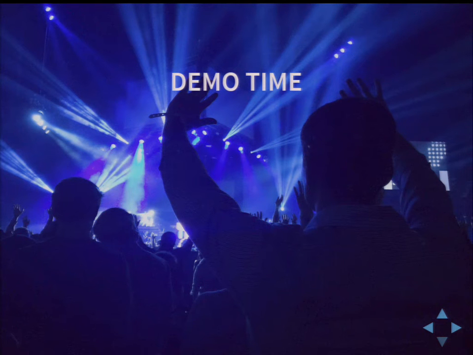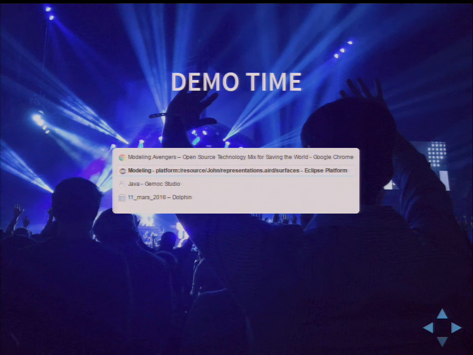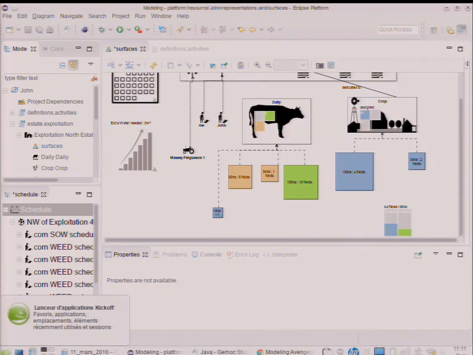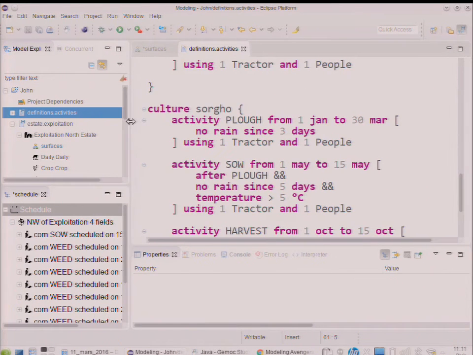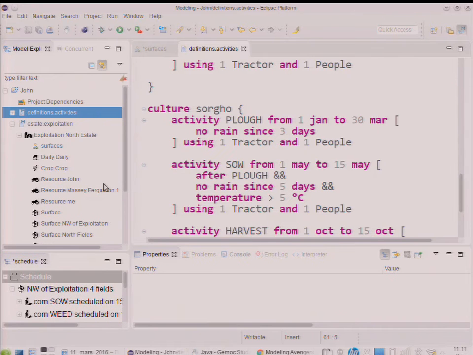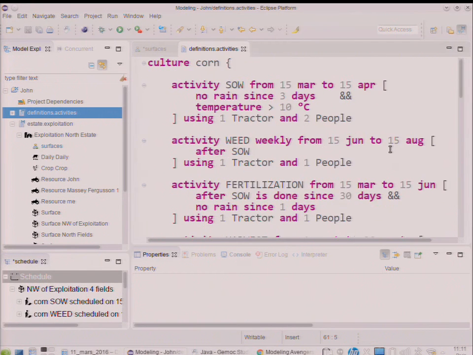But first, I'm just going to show you what the tool looks like, because, I mean, slides are boring. So I'm sorry, it's a bit of a low resolution here. So here is Eclipse, and it's actually the GEMOC Studio. The GEMOC Studio is composed of many plugins, which help you in defining this kind of tooling and modeling workbench. It's all open source. It's only EPL content. It's all under the EPL license.